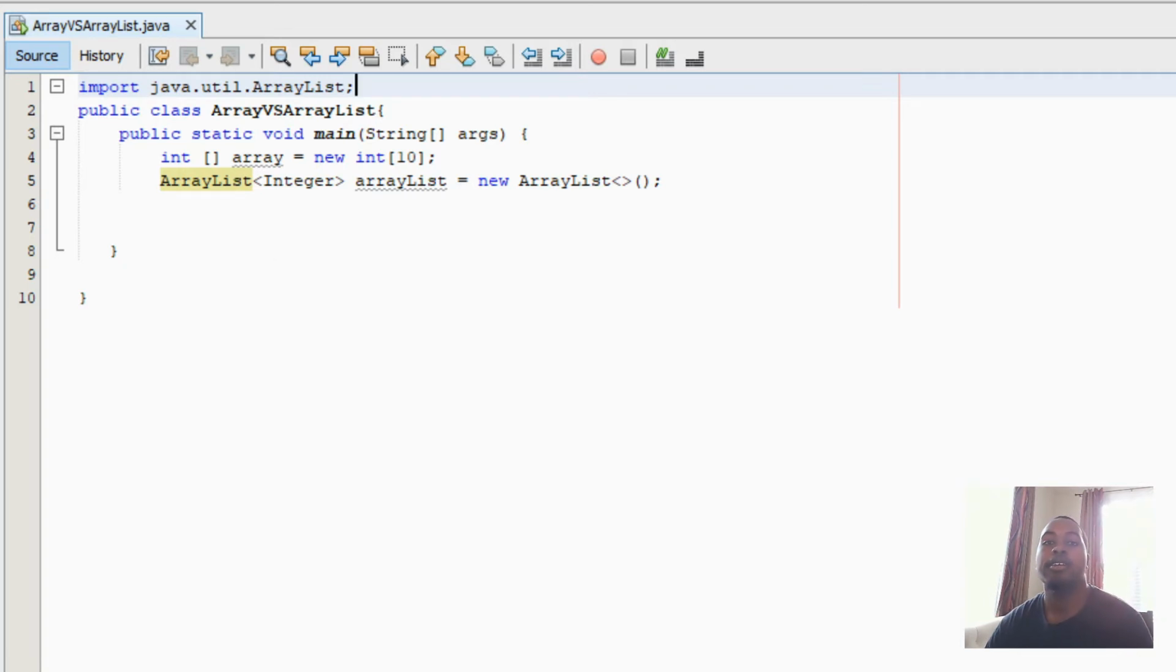The third thing that is different between an array and an ArrayList is that arrays have a finite size, and the amount of elements can be different from how long you want your array to be. But for an ArrayList, it only grows when you add more items to it. For example, let's have